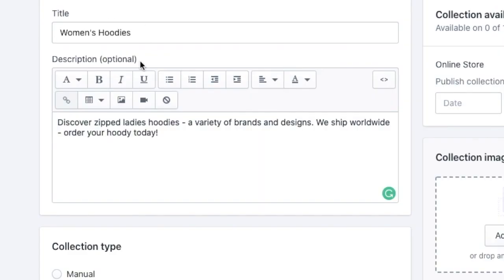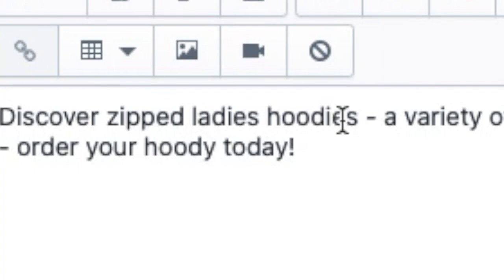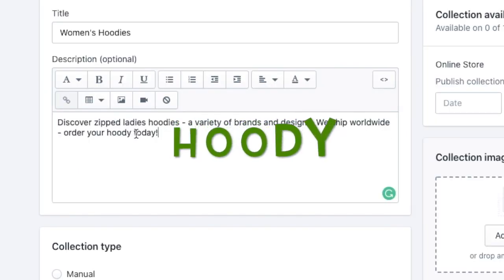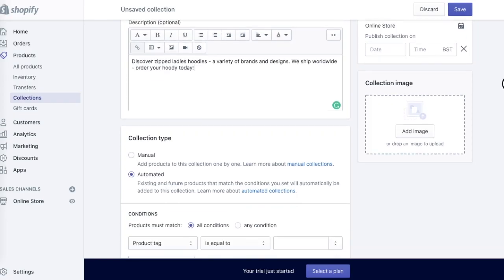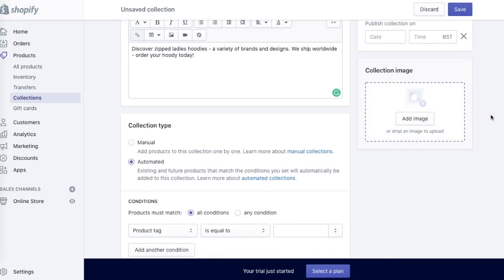So instead of women's hoodies, I used zipped ladies hoodies, hoodie with this spelling. So this is the best way to optimize your content for the collection, blog post, or page. Remember to vary your keywords so you don't use any keyword stuffing. Now the next part is to add a collection image, and in another video shown here I show